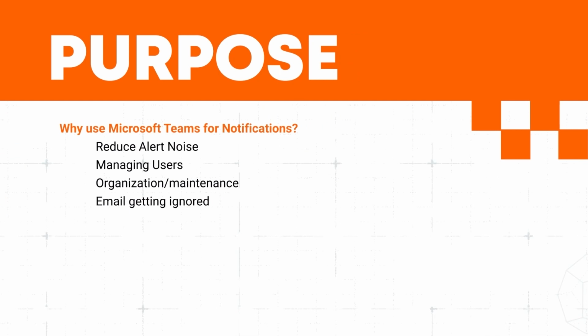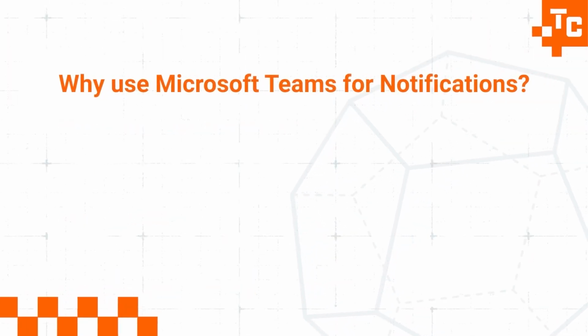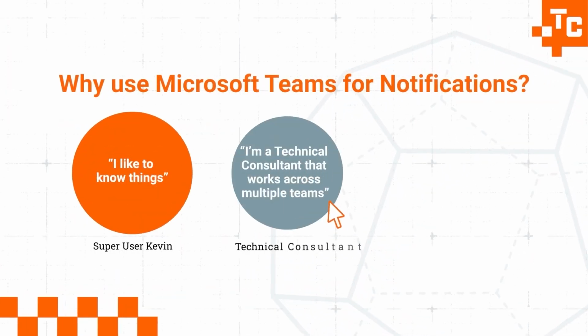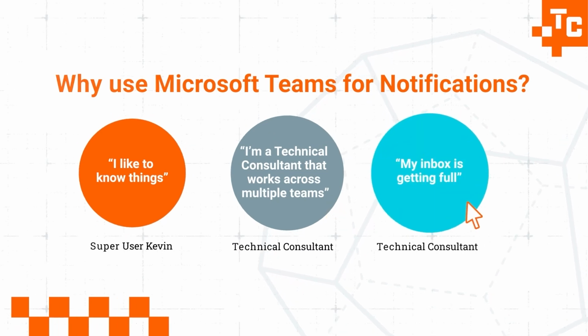Basically, we've integrated Microsoft Teams with SolarWinds so that we don't get email fatigue. We've all seen the mailboxes grow in size. We've always got that person that likes to know things, or a particular person to be working between the groups or between the disciplines. Yeah, and managing distribution lists is certainly a pain. So I certainly understand why you want to get away from that.